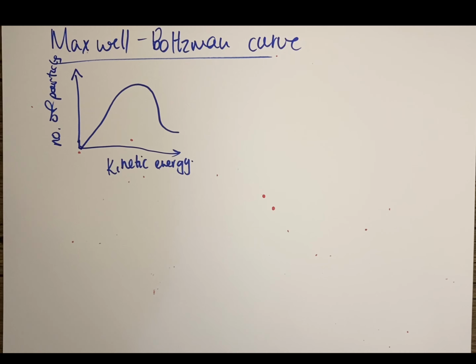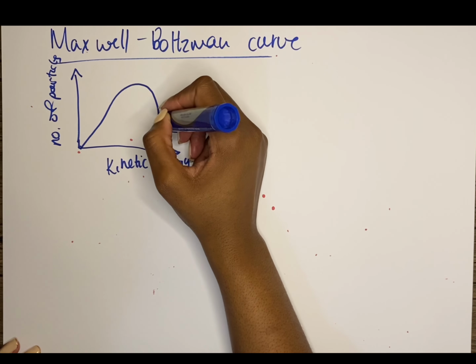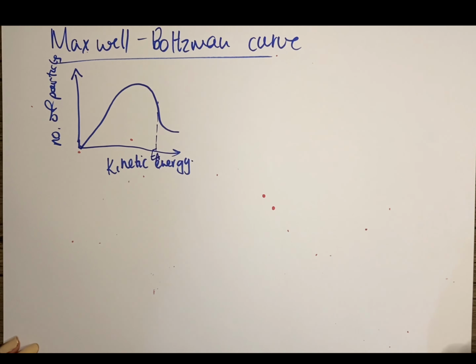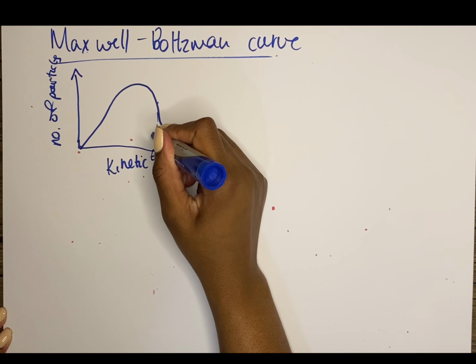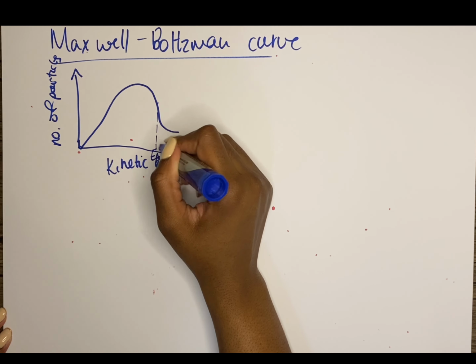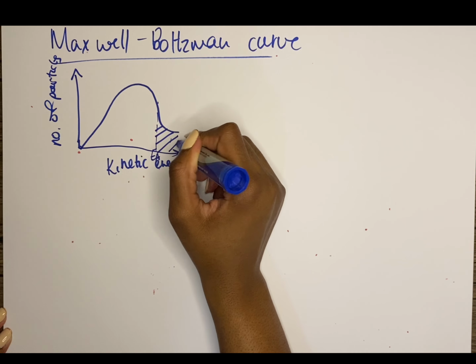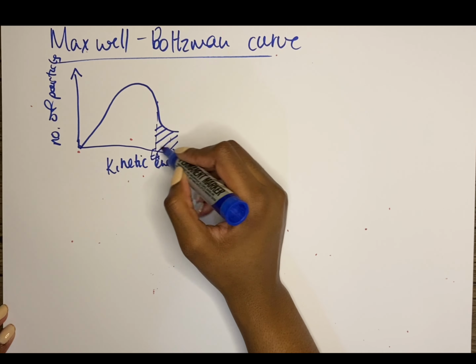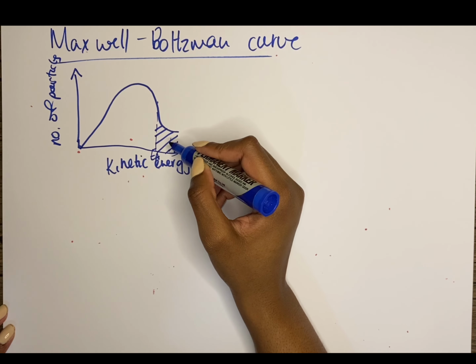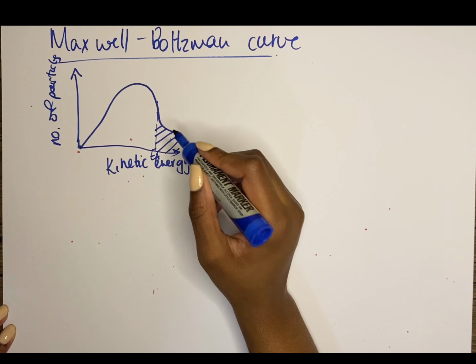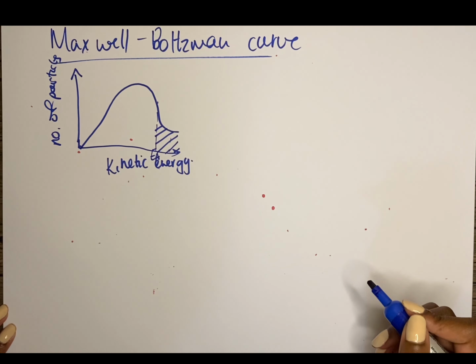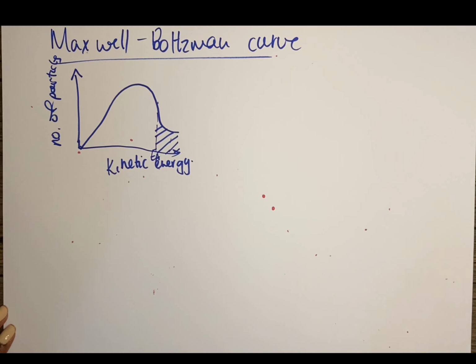So from this, you can say, for instance, you have your activation energy, your minimum energy required. Let's say it's around here. Then from this graph, you can say that all the particles that come after the activation energy are the particles that are going to form the effective collisions. So my shaded area is the particles that were able to have the effective collisions, right? And form the product. And then these particles did not have the minimum energy required for the reaction to occur,